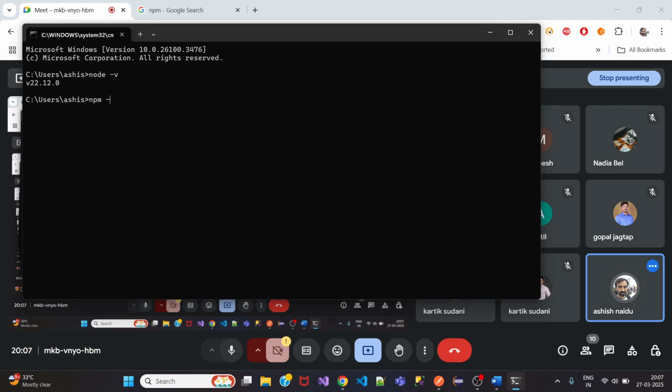Then npm space hyphen v, we should see a number. And then Newman space hyphen v, we should see a number. Okay, so if these three softwares are giving a number and message,